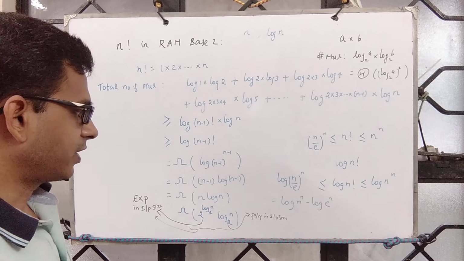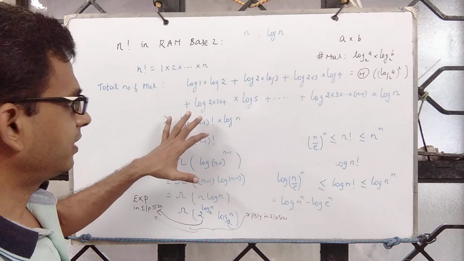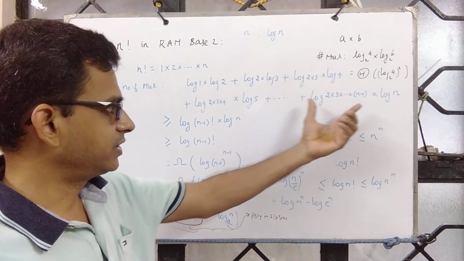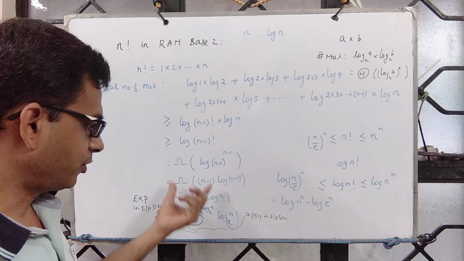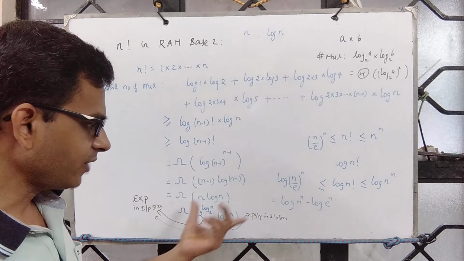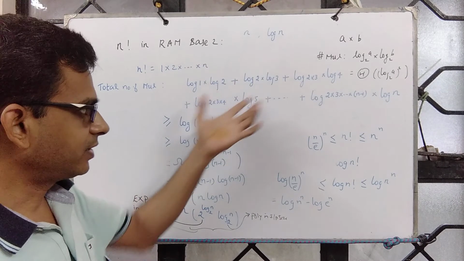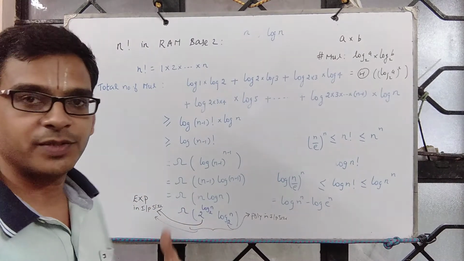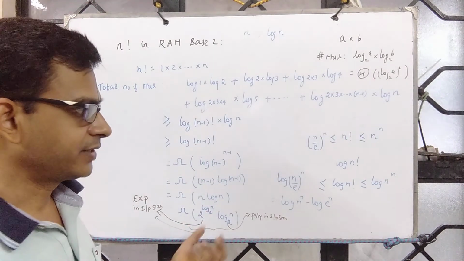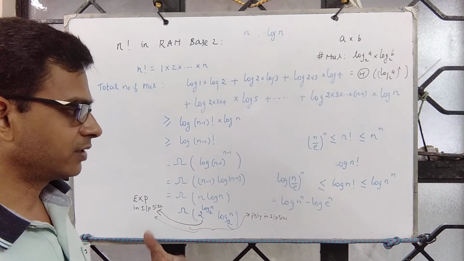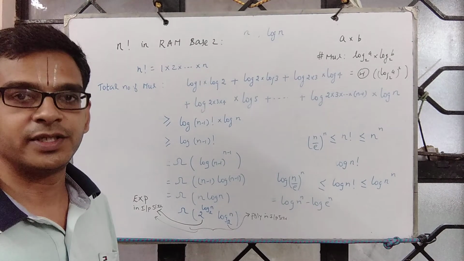Please note we are not focusing on exact count. The reason here is even if you focus on just this, the lower bound analysis itself says it is exponential in input size. Naturally, if you start taking other terms into account, the time complexity will be even more. Just with this, you see that it is exponential in input size, so you can conclude the overall time complexity of computing n factorial is exponential in input size.